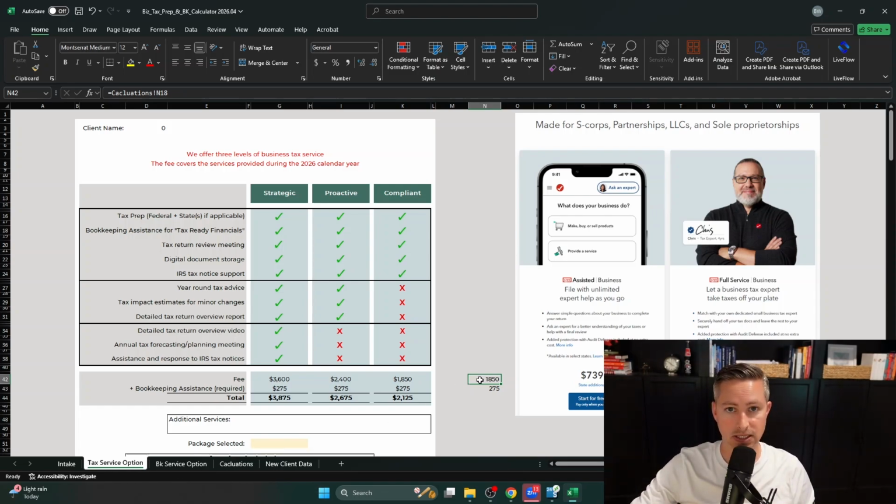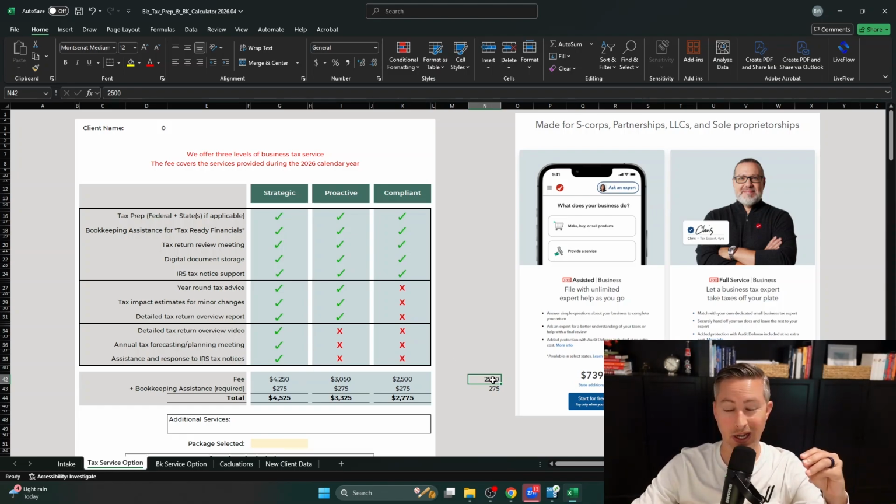I might come in here as I'm talking to the client. They've described what they've got going on. Maybe hopefully not an S corporation, but let's say it's a simple partnership. Husband and wife partnership where they do actually have to file a partnership tax return, and they've got 3 rental properties. Well, $1,850 is going to be my minimum for that return. But if they've got 3 rental properties as opposed to 1, I might come in here and say, okay, I'm going to bump that up to $2,250, or I'm going to bump that up to $2,500. So I'm just going to quickly adjust that on the fly, just based on what I've assessed of what's going